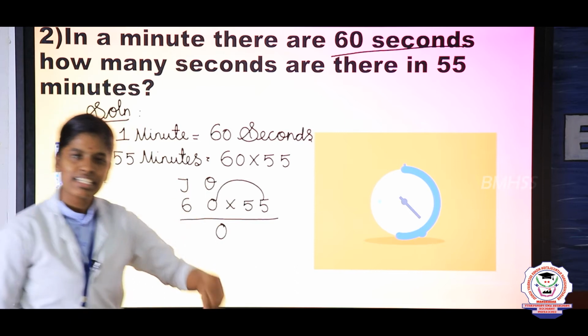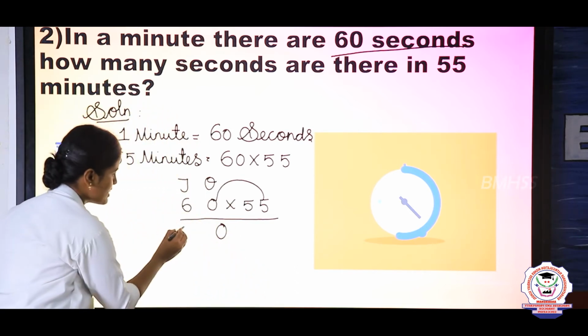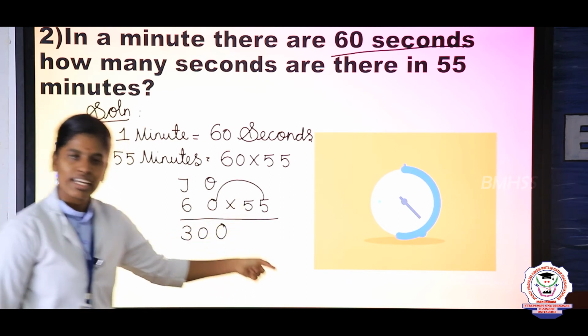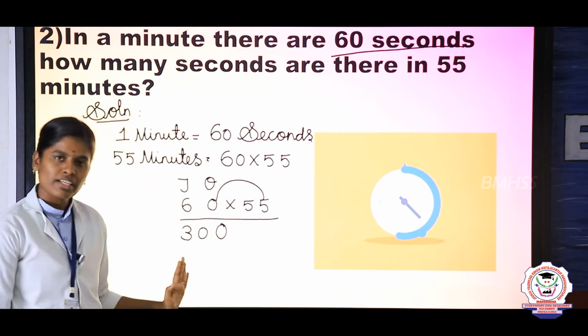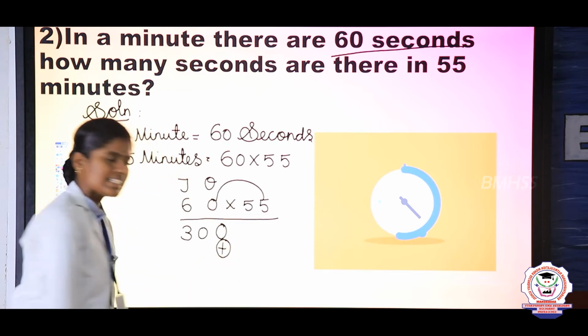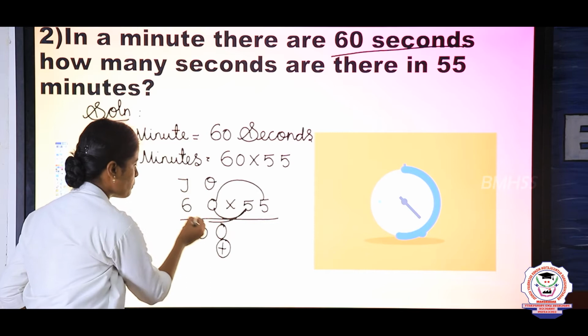And what is 5 6s are? Very good. The answer is 30. Next we will take the tens place value. Here the tens place value also uses the 5 table. So you should start from the tens place onwards. So in the ones place put 0. Take 5 and multiply by 0, 5 and multiply by 6.